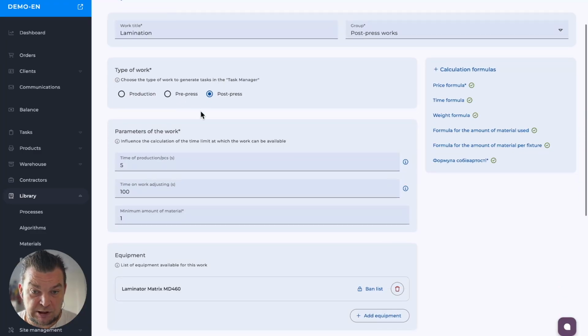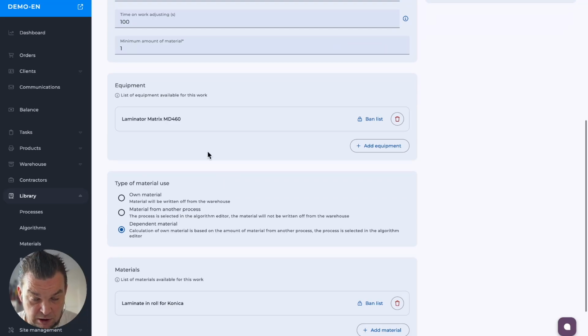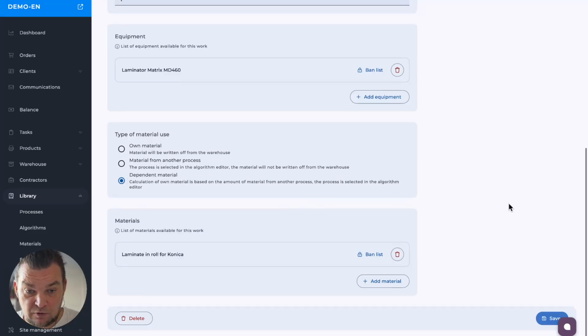For us, this is a post-press task. It specifies what material and what equipment are being used. Could you please tell me what kind of material it is? We calculate the amount of material based on the previous one